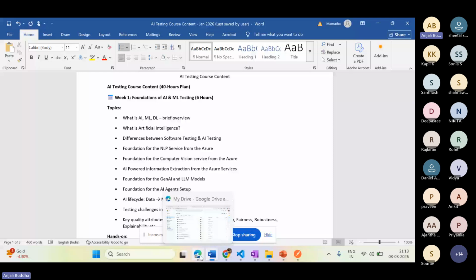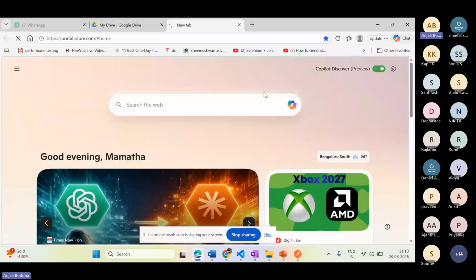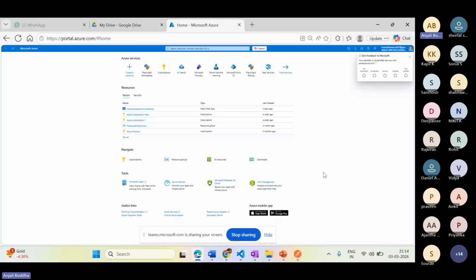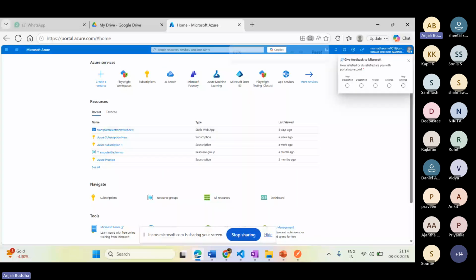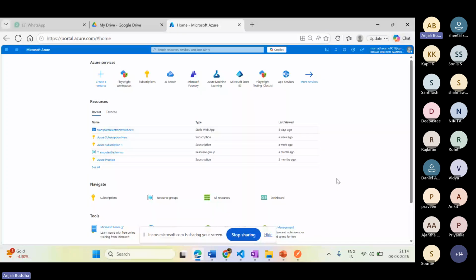For example, let me go here to the Azure portal. I'll be giving you step-by-step instructions on how exactly you can play around with this particular Azure portal. With that, once we get into it, you can understand how exactly you can use the pre-trained models. And as I already promised you, once we cover this first module, after this week one module is completed, you can even get ready to apply for the AI-900 certification also. Azure, if someone is planning for anything.